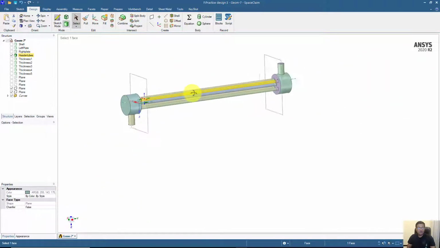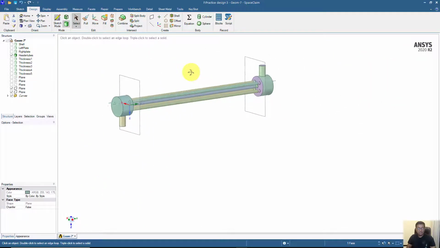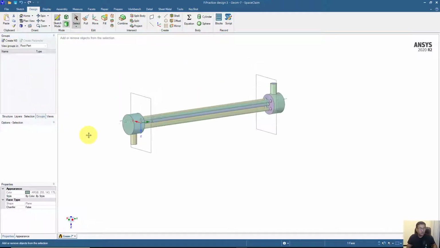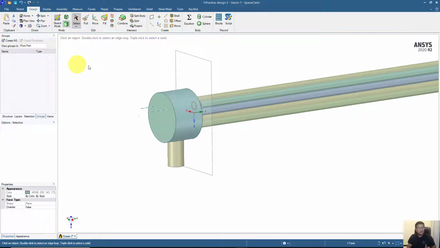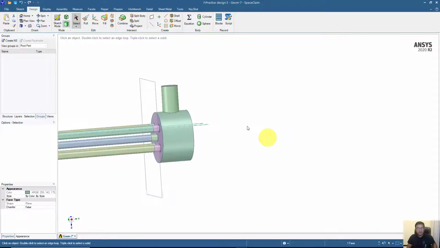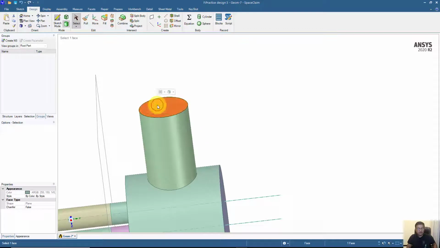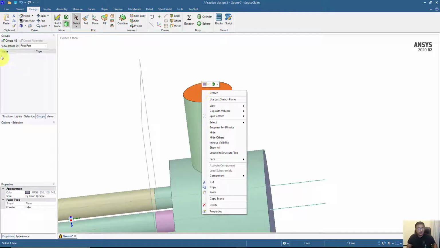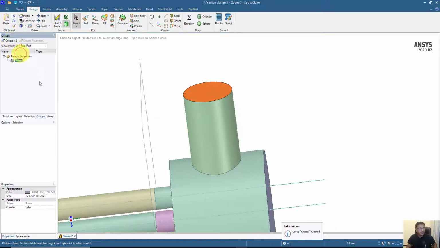Okay, the next thing is how to create the boundary conditions. One thing is that you can use a name selection in ANSYS meshing, and you can also create the boundary conditions in the group part over here. So I will just give you an idea by applying on only one or two parts. Let's say I use this surface as the inlet for the tube, so I can define a new group. First I will select the surface, and then I will click on create new group, which is name selection here, and I will put the name, let's say inlet tube.